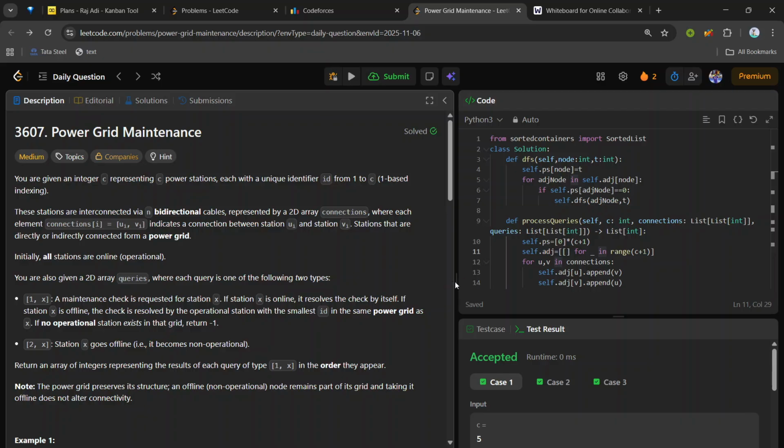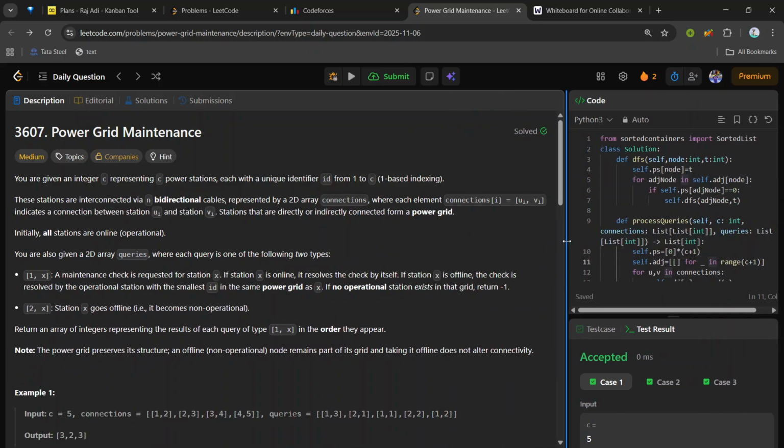So today the problem that we are going to solve is 3607, Power Grid Maintenance, which is a medium LeetCode problem. Basically, the question is saying you are given an integer C representing C power stations, each with a unique ID. So we have C power stations, and all the power stations have a unique ID, basically indexes numbered